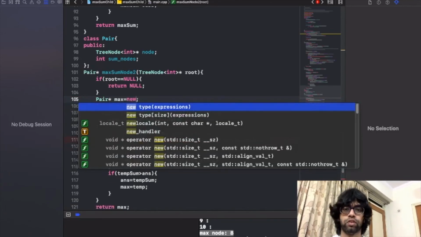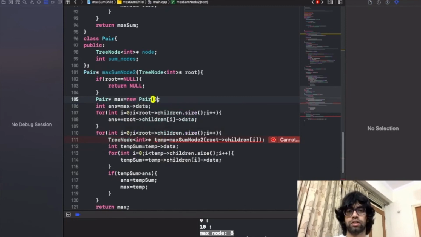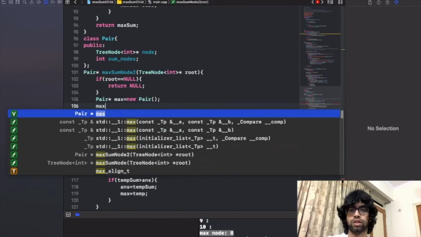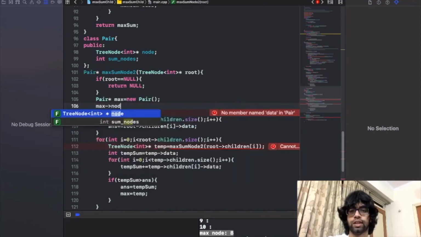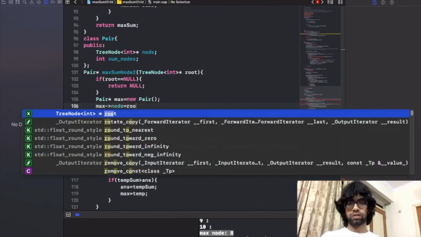First we have to allocate its memory. New pair, that's fine. Now max node, as it is a dynamic pair class, so max, I will put arrows here. Max node will store max node or root,